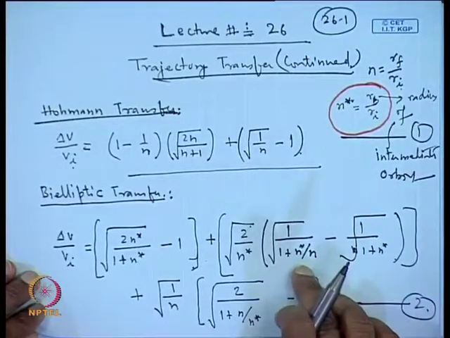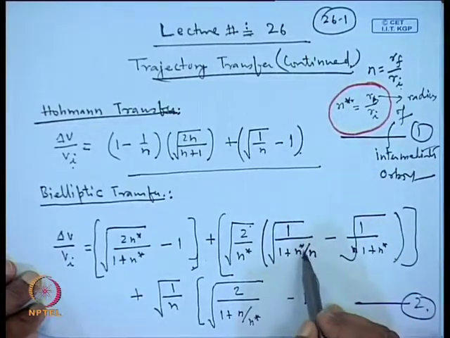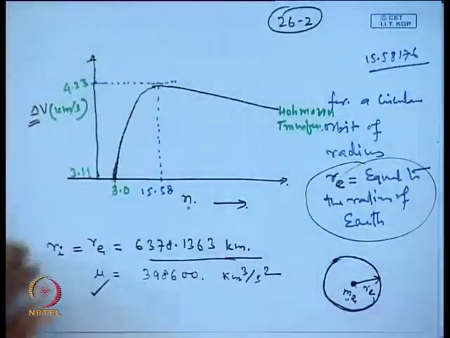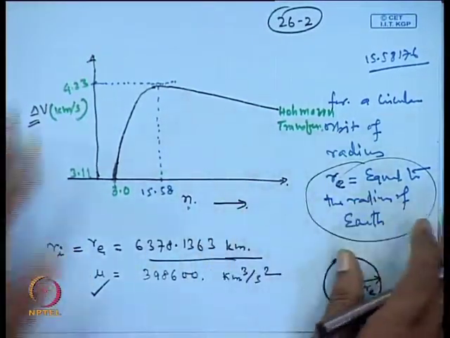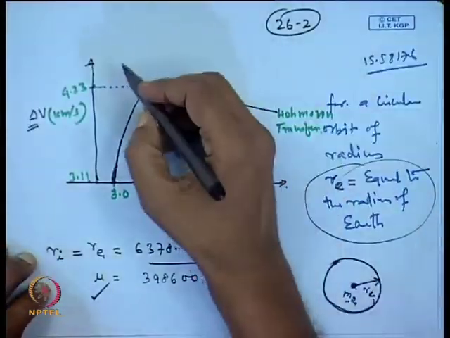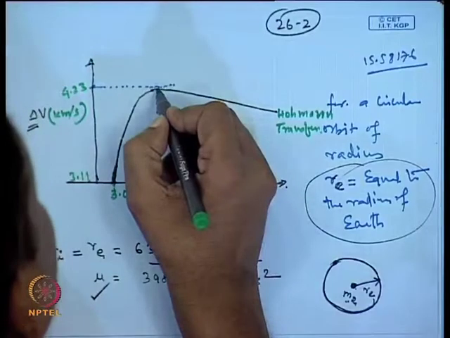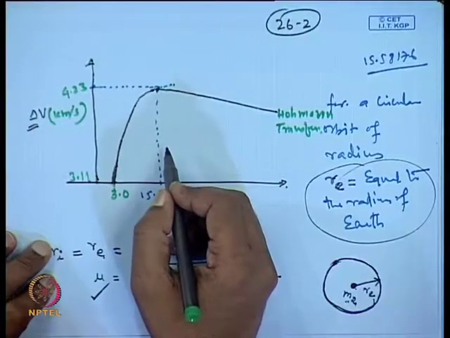Okay. So, obviously, we will get multiple curves in the case of bielliptic transfer, because n star is present. We can choose different values of n star, and then we can vary the value of n and plot the curve. So, for different values of n star, we get a number of curves as we change the value of n star. So, using equation 2, that is this equation, again we can work out the bielliptic transfer case. Okay. So, plotting this,